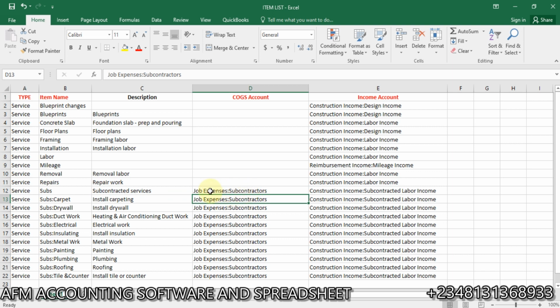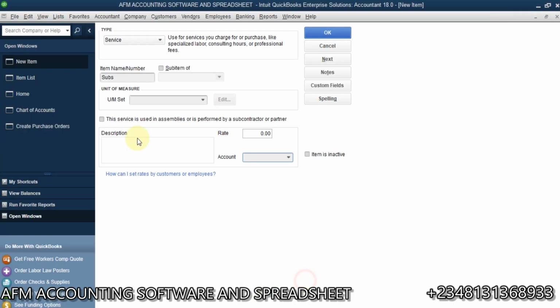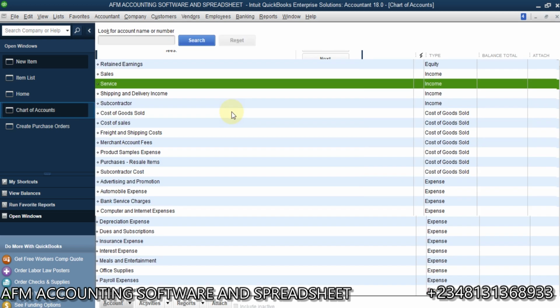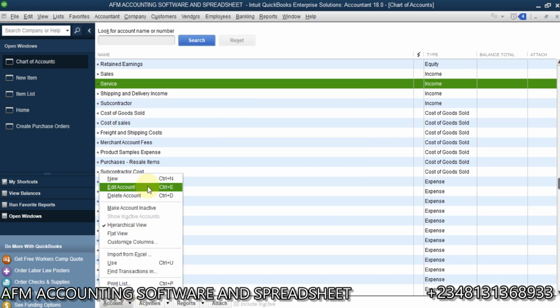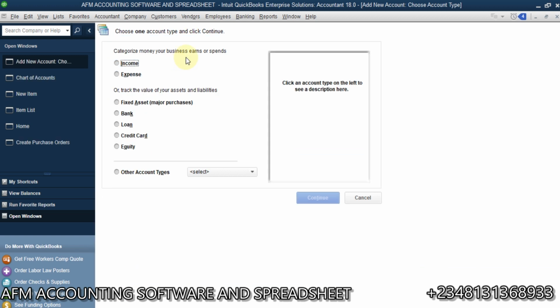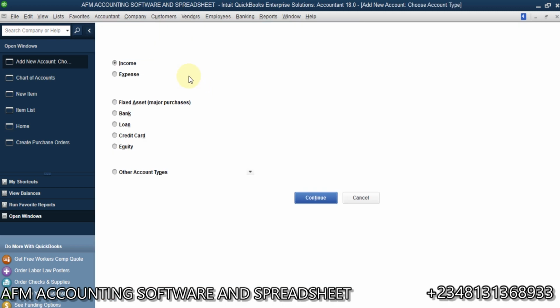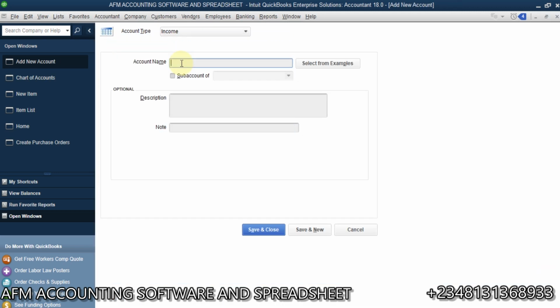So let's start with the income aspect. I want to go ahead and create a construction income account, and now create a design income account as a sub account of construction income account. Let's go to chart of accounts instead and have this done properly. Okay, new. So income account, I'll select income. Then continue. Now I will name it, I will spell it the same way,